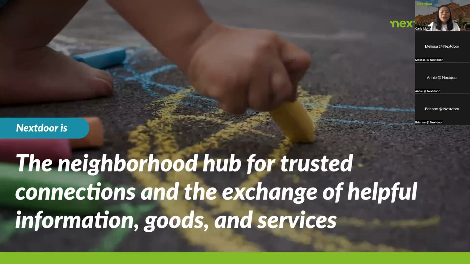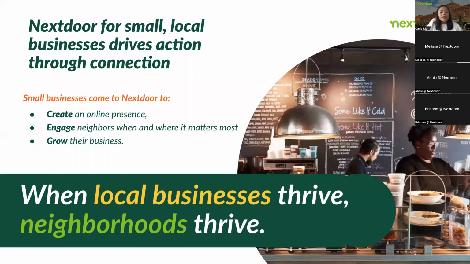So for those of you who may not be super familiar with Nextdoor, we are the neighborhood hub for trusted connections and the exchange of helpful information, goods, and services. It's also the place that you come to connect with not only your neighbors, but everything nearby, and that includes small businesses like yours. Here at Nextdoor, we believe that when local businesses thrive, neighborhoods thrive. So it's really important for us to provide you with resources that are really going to help you do that